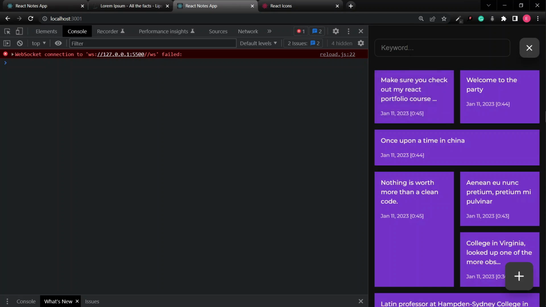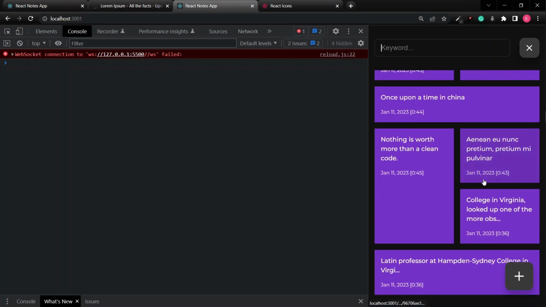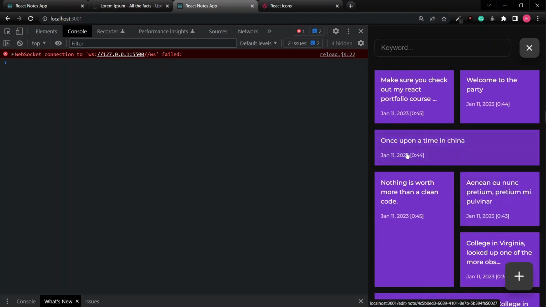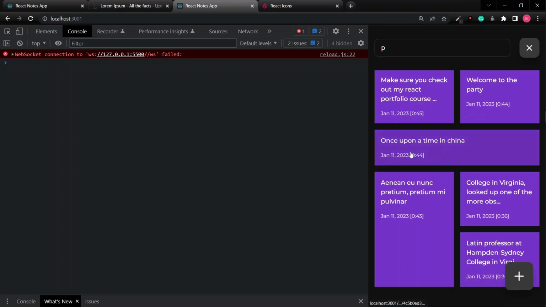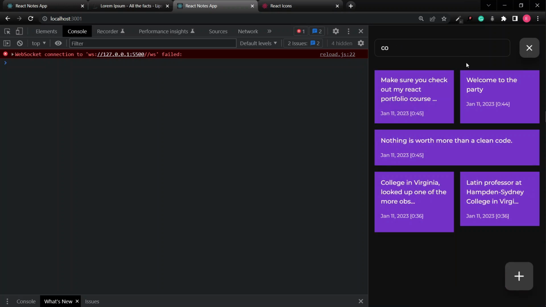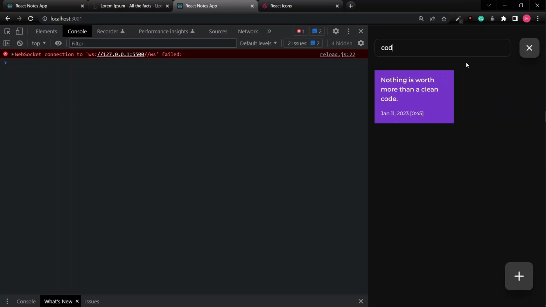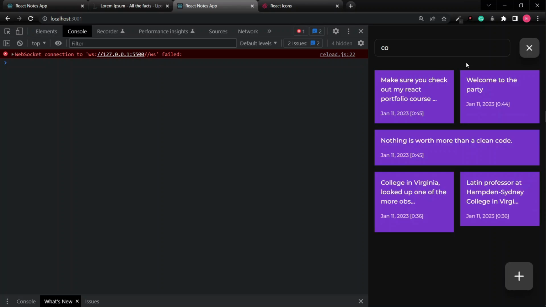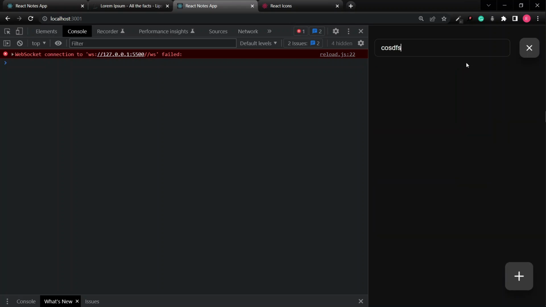Let me search something that's in most of the notes. Okay, so let's see CO. CO can be found in a lot of them, and let's say D, then we can see we have only one. And if I type something and there is no match, I want to show a message here